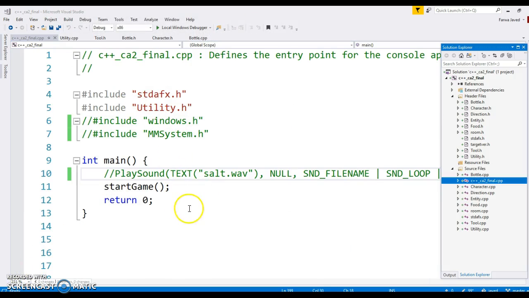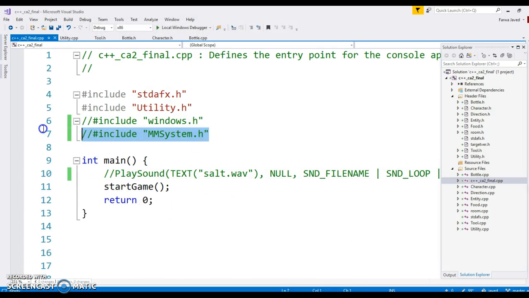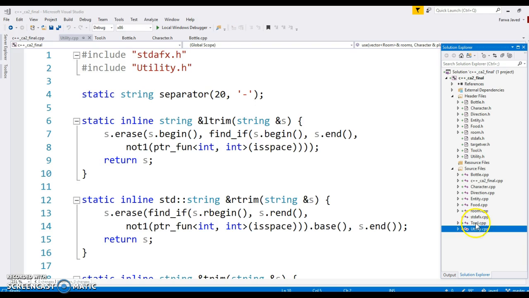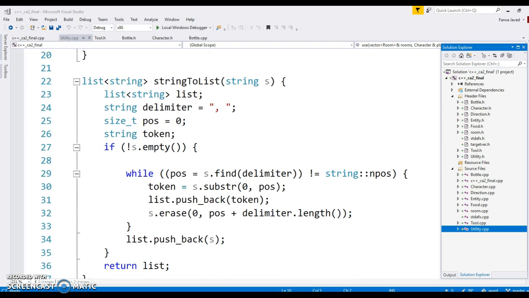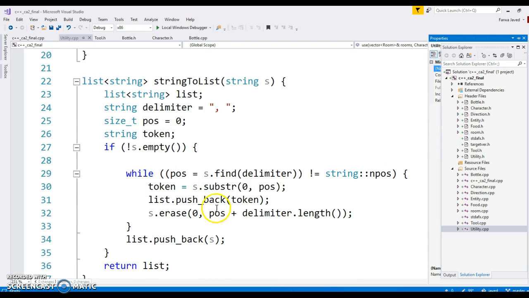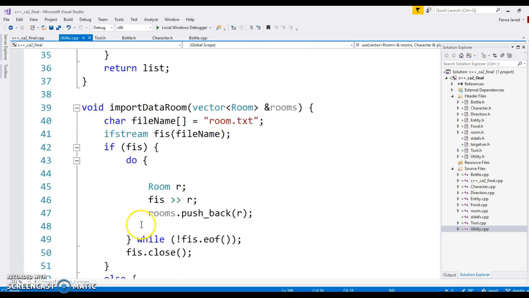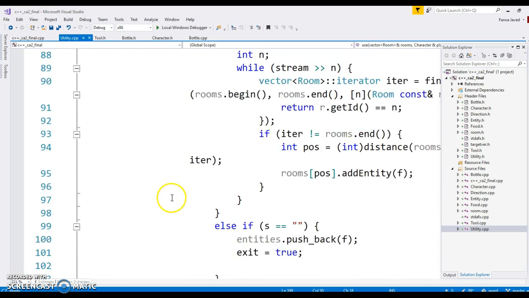So this is the main function for our application. This line is used to play the sound, but we comment it out right now because we want it to do the screencast. And then when we say start game, it will go to the utility.hpp and then the game will start by